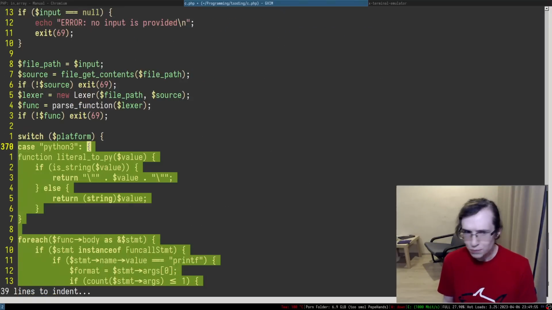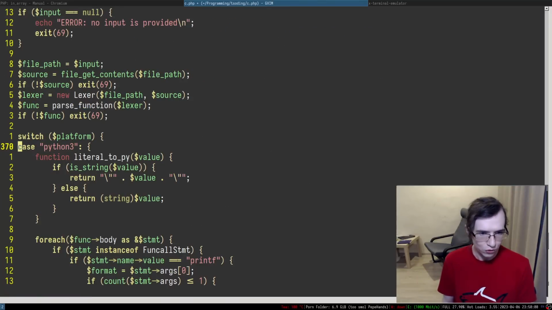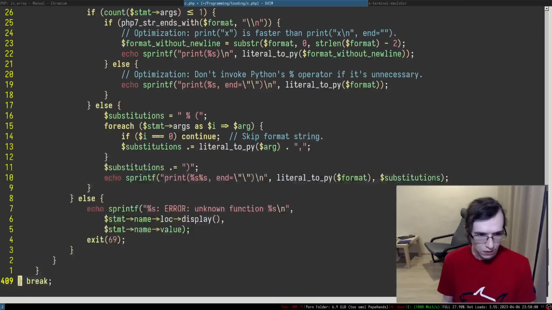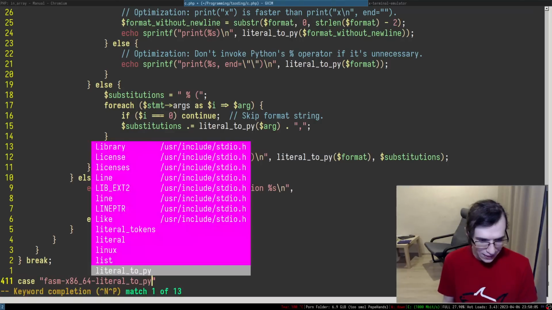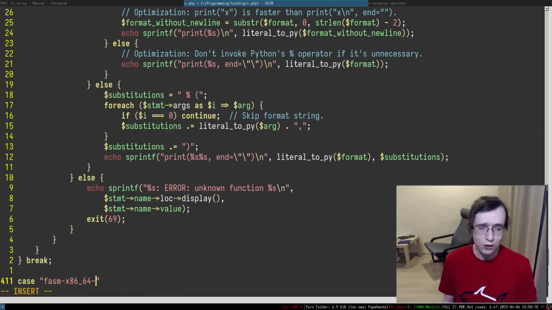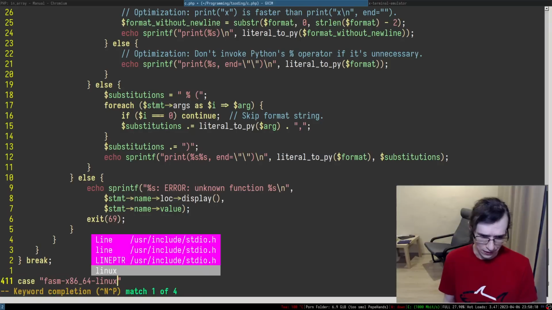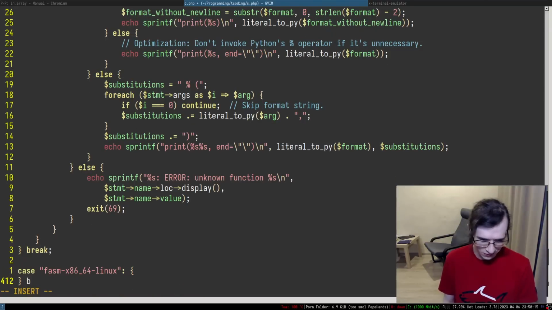So my computer is still slowing down. Okay, and in here we're going to have a case of fasm x86 64 Linux, not literal Linux. And in here we're going to say, okay, to do, not implemented, right?